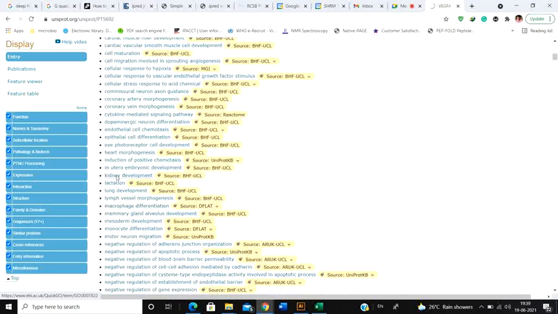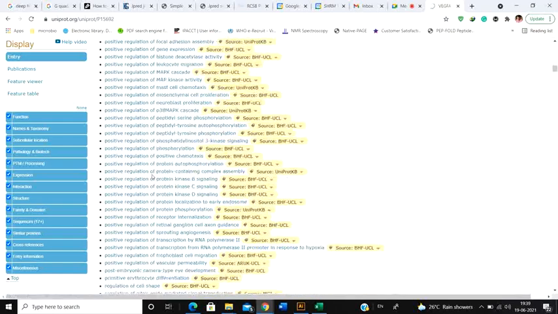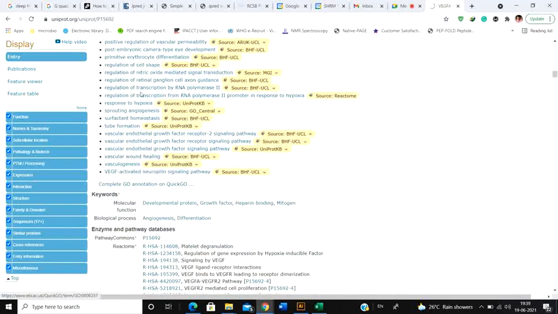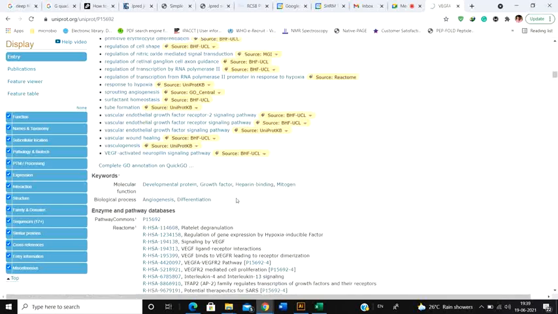These are all the different biological processes of this particular molecule. It helps in kidney development, in lactation, in lung development, lymph vessel morphogenesis. Lung development will obviously occur because that's what the cell does. For a molecule to become mature, it has to develop, right? So these are all the functions that this molecule plays. Some of them are repetitions, but that's how the keywords are divided, so that you get to know.